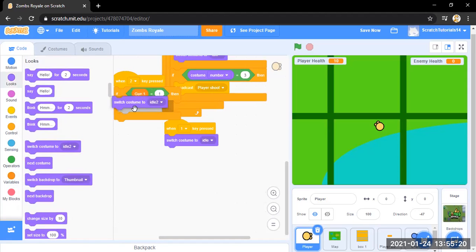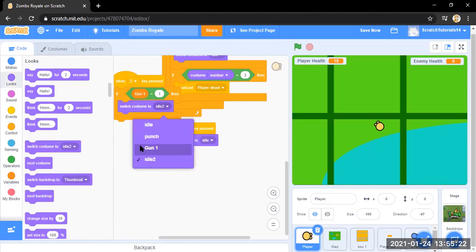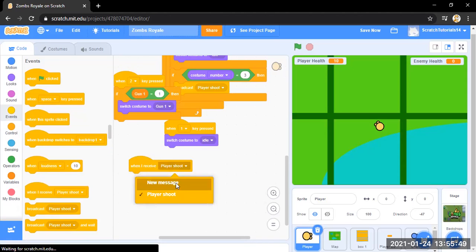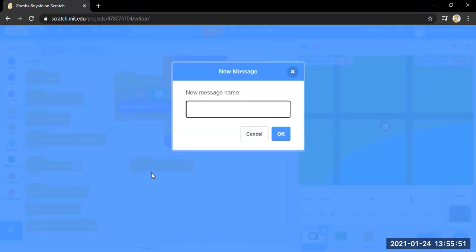Okay, so I put this if gun 1 is equal to 1 because we are going to be making a box with which you will collect the gun. So if you collect the gun from the box, then you change gun 1 to 1. If you don't keep this gun 1 variable, whenever we press 2 key, we wouldn't even have collected the gun, and we would have the gun. So that's why I did it. I hope you understand. And then when everything happens, I will broadcast game over. So let me make this game over,